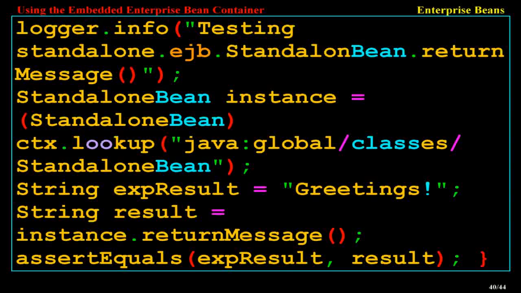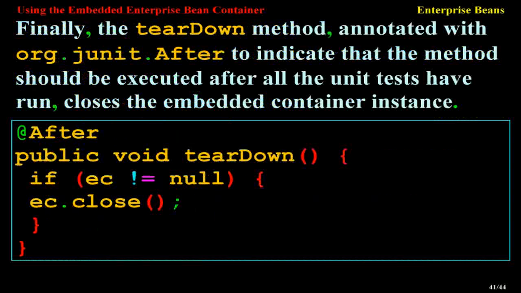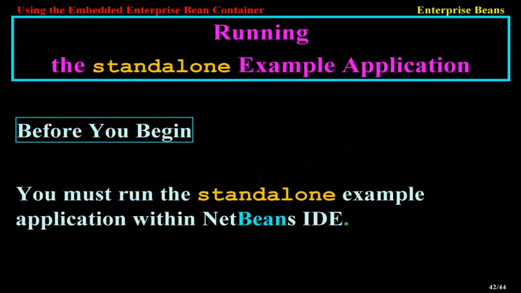assertEquals(expResult, result); Finally, the tearDown method, annotated with org.junit.After to indicate that the method should be executed after all the unit tests have run, closes the embedded container instance. @After public void tearDown() { if (ec != null) { ec.close();